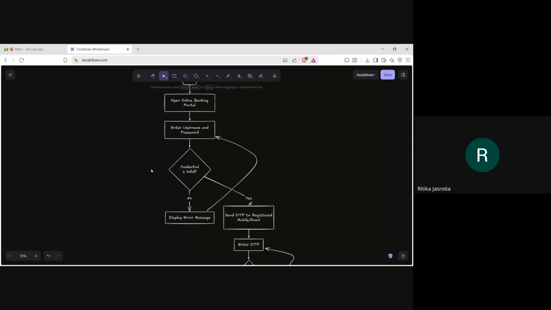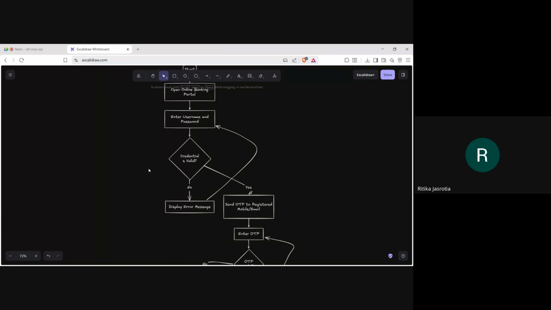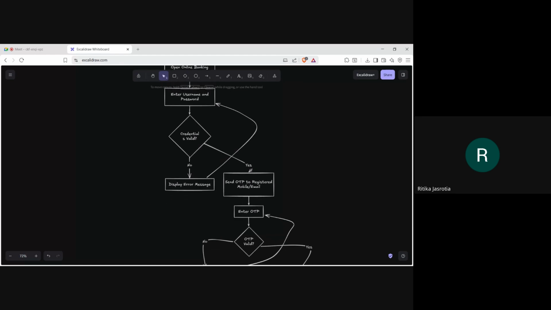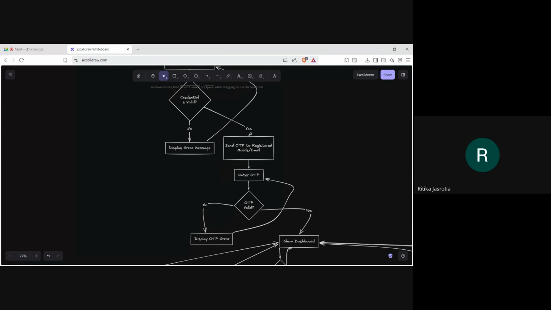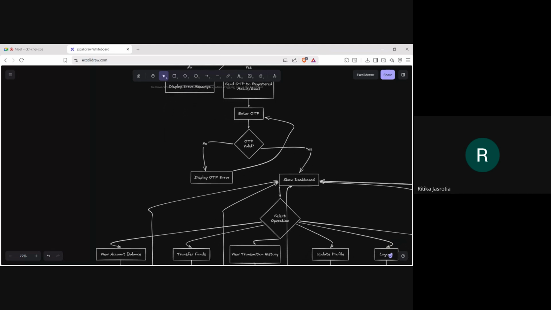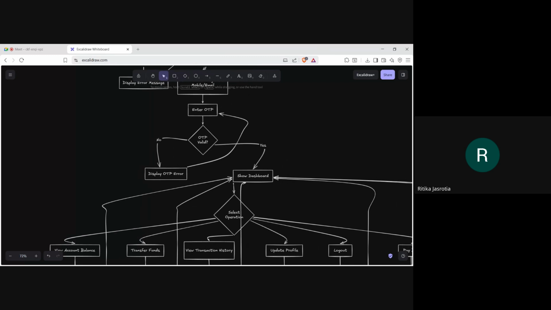Then credential is valid. Okay. Yes or no. Display error message and go back to that. Then send OTP to registered mobile or email. Enter OTP valid? Then display error, show dashboard. Okay.